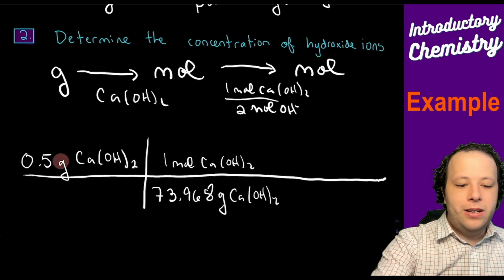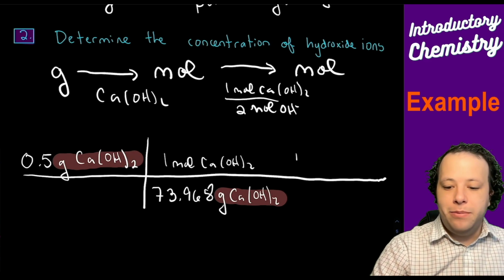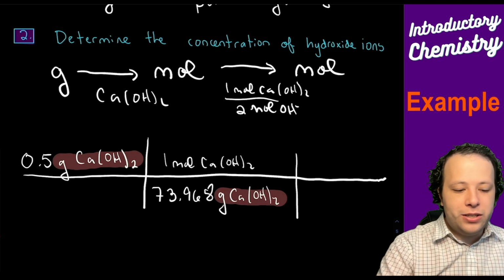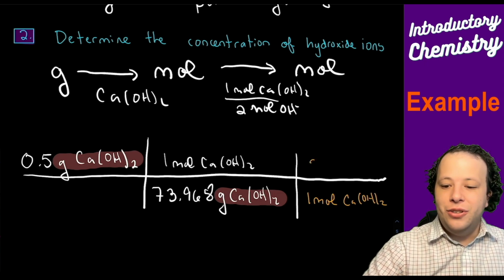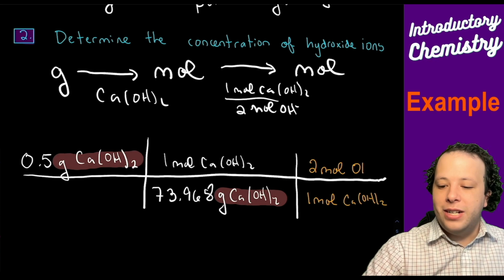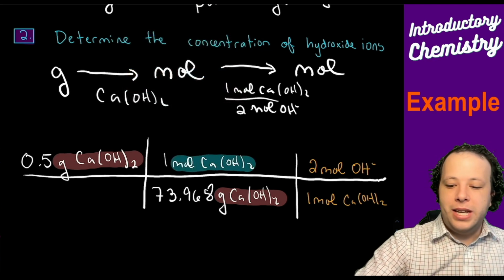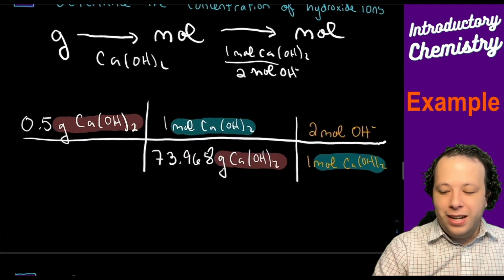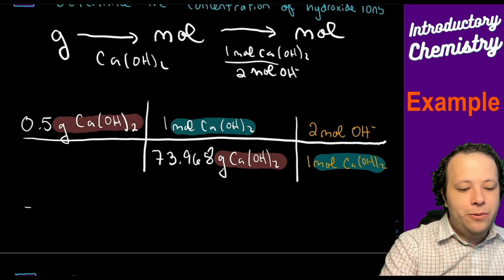When we do that, we'll see that grams cancels grams. The next step is the mole to mole equation, which as we saw earlier is that 1 mole of calcium hydroxide dissociates into 2 moles of hydroxide. Now the moles cancel and it gives us how much hydroxide is in there. Now remember, this is not the molarity. This is only how many moles there are. So when we solve that,